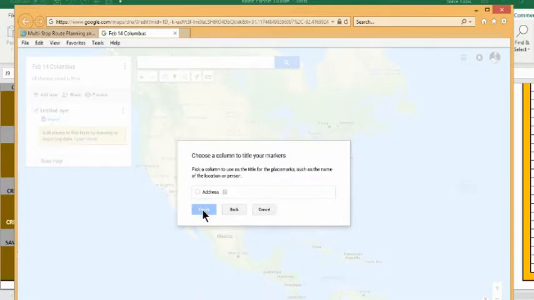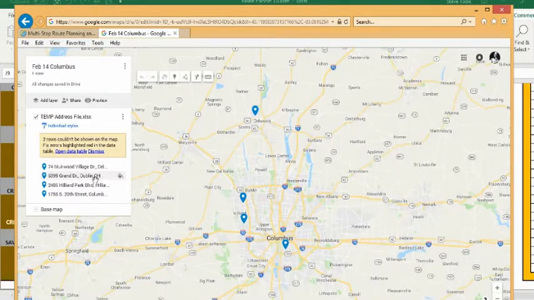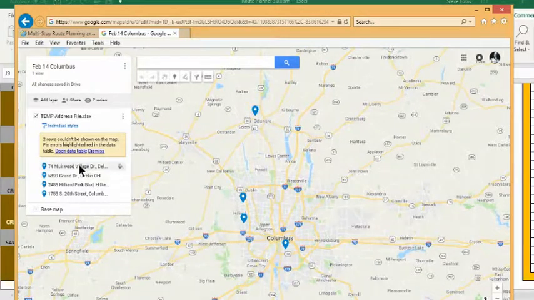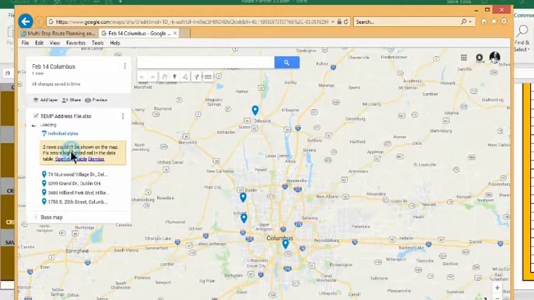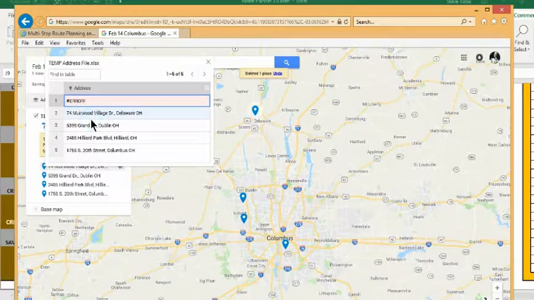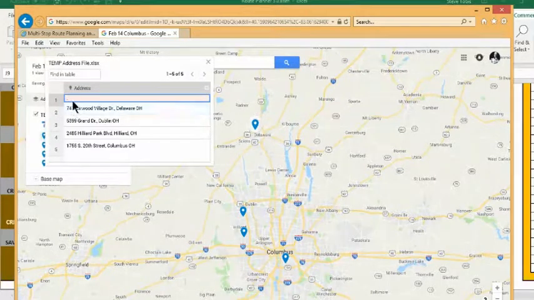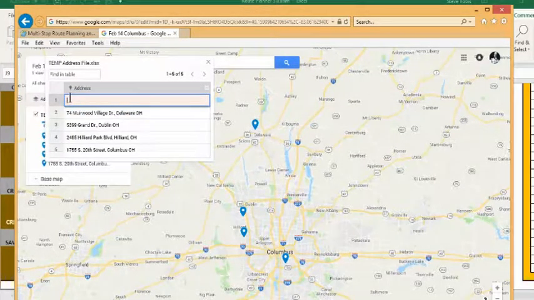Okay, address, continue. Address, check it off. It needs those headers, so you need to check that off. Okay, it's going to show you've got some errors. Not a problem. You're going to open the data table. See right there and there? Not a problem. Right click on it and delete the row. Right click on it, delete the row. Our home address is not showing up. If you want to add your home address, you're going to right click. You're going to add a row and you're going to type in here